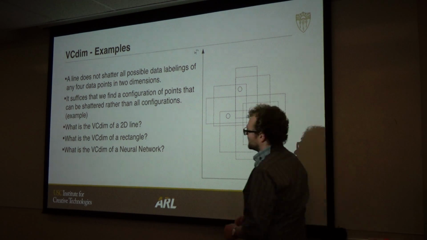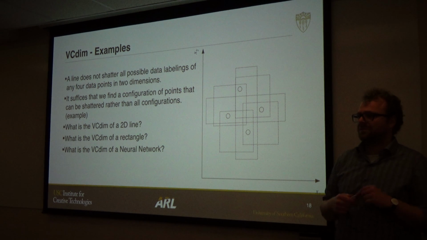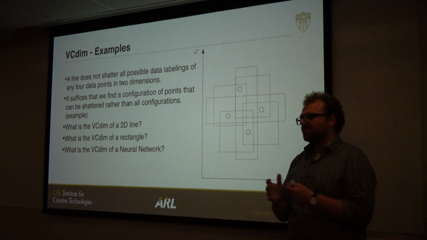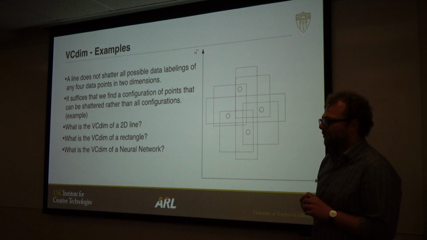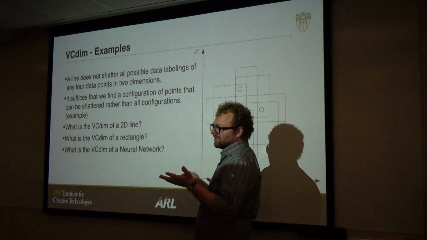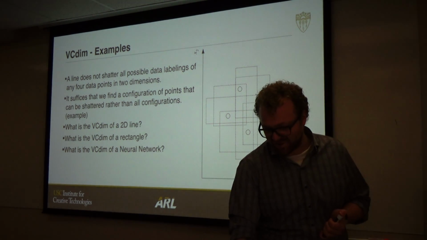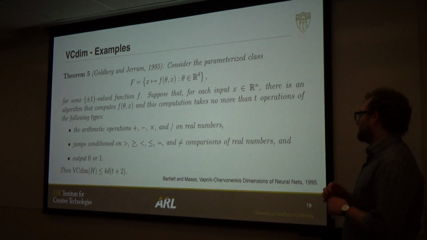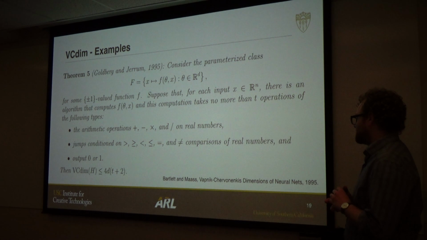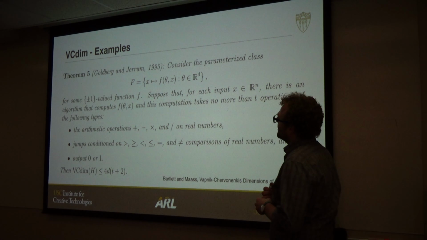Now, more interesting, what's the Vapnik-Chervonenkis dimension for a neural network that has, I don't know, arbitrarily many parameters or layers or whatever? Important thing is we don't know. I mean, we don't know exactly. It's not very easy to know. So there's this very interesting machine learning paper called Dimensions of Neural Nets, and they have found a very strict definition. So any